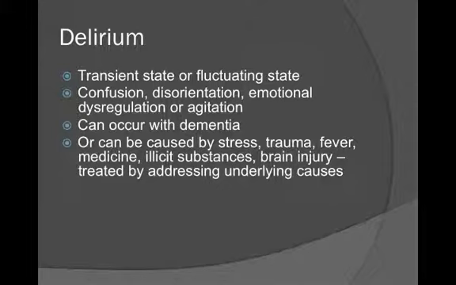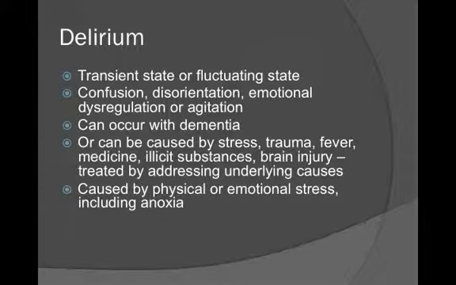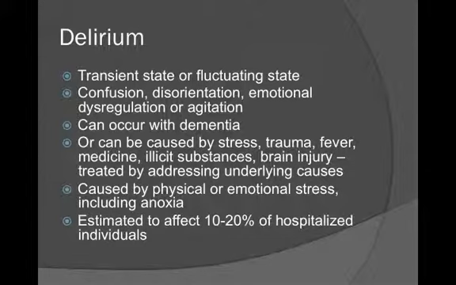So in other words, the clinician has to assess what's causing it, and that can be a difficult process. It can also be caused by physical or emotional stress, including anoxia, in other words, the withdrawal of sufficient oxygen for the individual. It's estimated to affect 10 to 20% of hospitalized individuals. So if a person is going into shock or they're having difficulty breathing in any type of treatment in a hospital, they are at risk of delirium, which means that they can become a disruptive and challenging patient, and their needs can make it rather difficult to provide care for them where there are other patients around. And this may involve the need for security personnel or for additional staffing to supervise that individual.